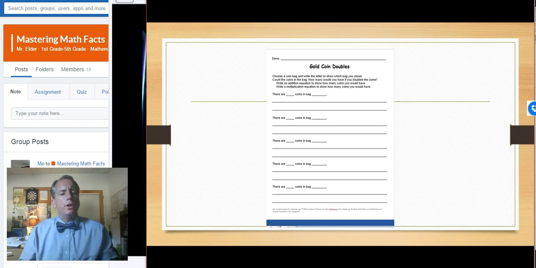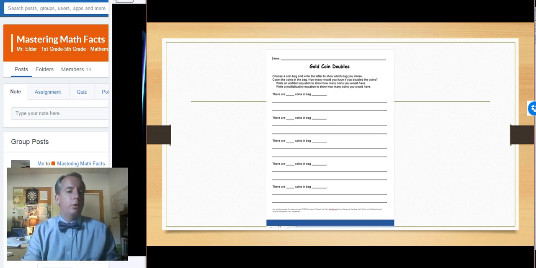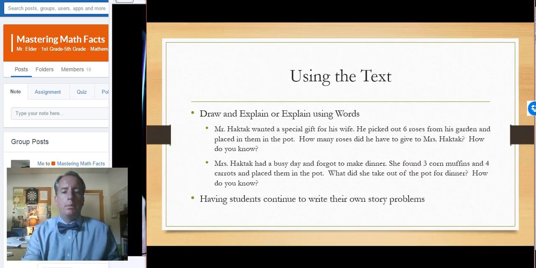So trying to get that connection that we can write this as addition, and that might be more comfortable. And then what do multiplication sentences start to look like when we're doubling? And obviously for us, we know they're all going to be something times 2, and just writing it out x2, right? But for a kid, that's going to be a process of learning. So as we continue to use the text, we want to keep coming back, and some of the pictures that they use in